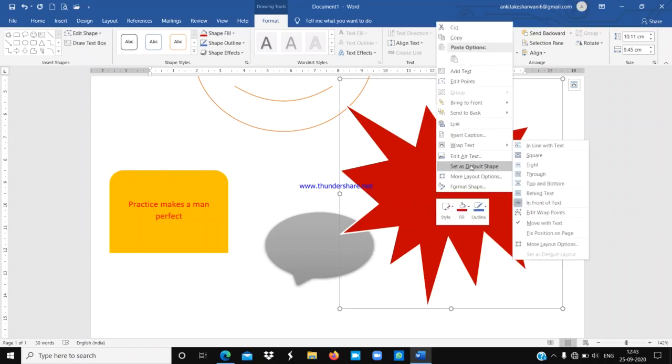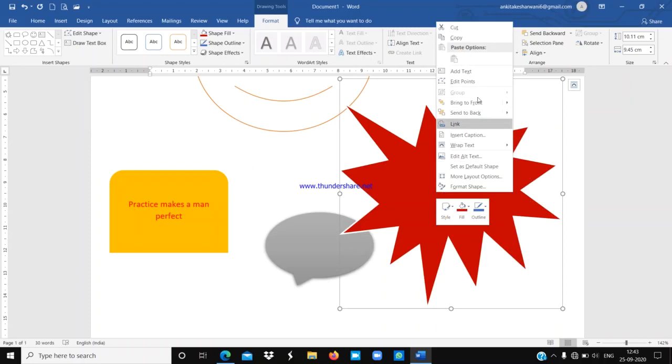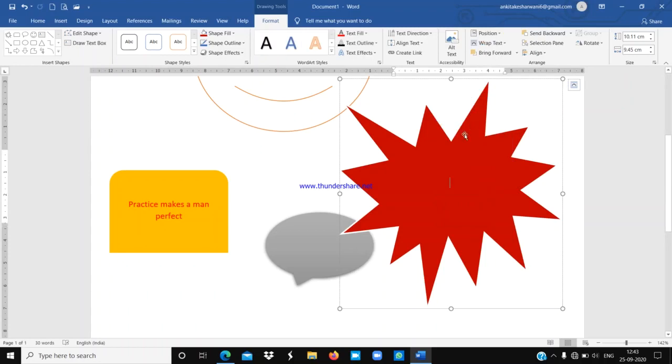Then you can see a drop down menu will appear, and here you can see the add text option. So you have to click on add text, and now you can see an insertion point is blinking inside this shape. So here you can write anything, whatever you want to write.